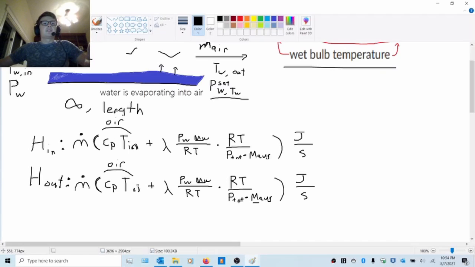Now we need to have the temperature out right here. We don't want the partial pressure. Now the partial pressure of the water in the air is the saturation pressure, so I'll have to change that. And besides that, I think everything should be good. So let me make those changes real quick. We want the T out, and we want the saturation pressure of water at a certain temperature, at the temperature